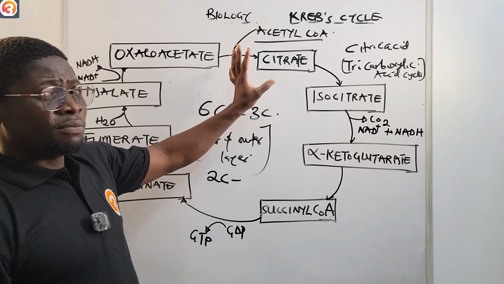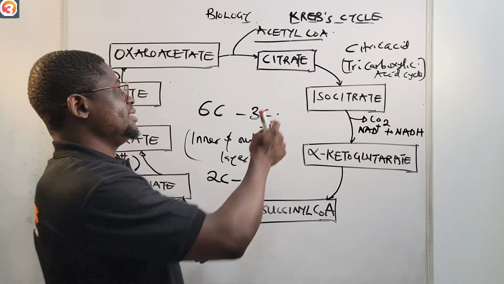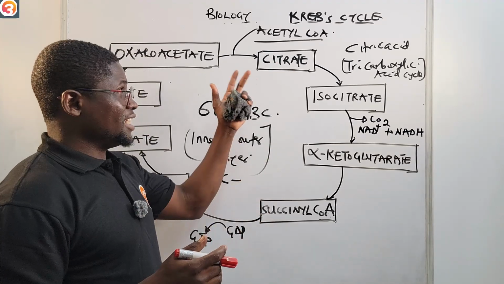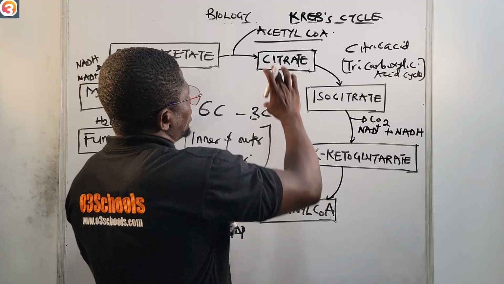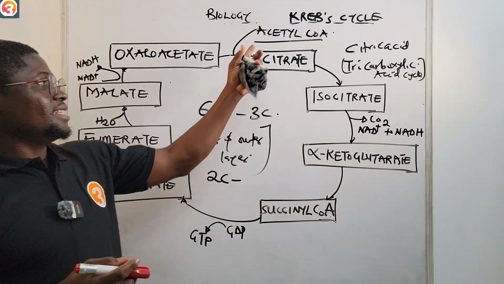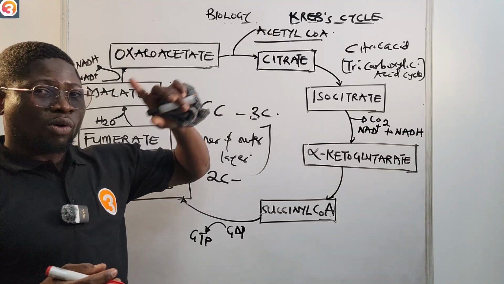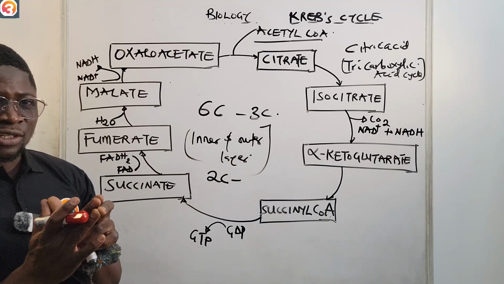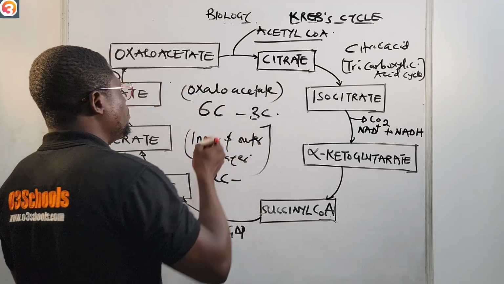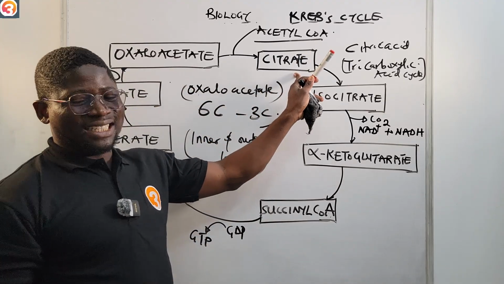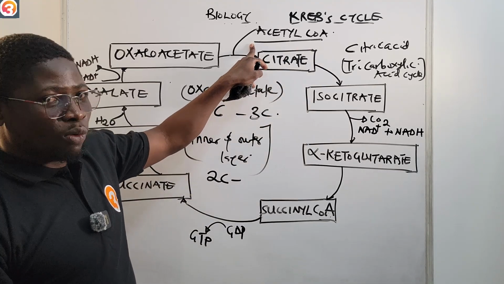So this is the first stage. This acetyl coenzyme A is first of all converted into citrate, C-I-T-R-A-T-E, as you can see very well here. Now, what happens here? The conversion of this acetyl coenzyme A to citrate is done by an enzyme. But first of all, this acetyl coenzyme A combines with what we call oxaloacetate to give us citrate. And the name of the enzyme that does this conversion from acetyl coenzyme A to citrate is